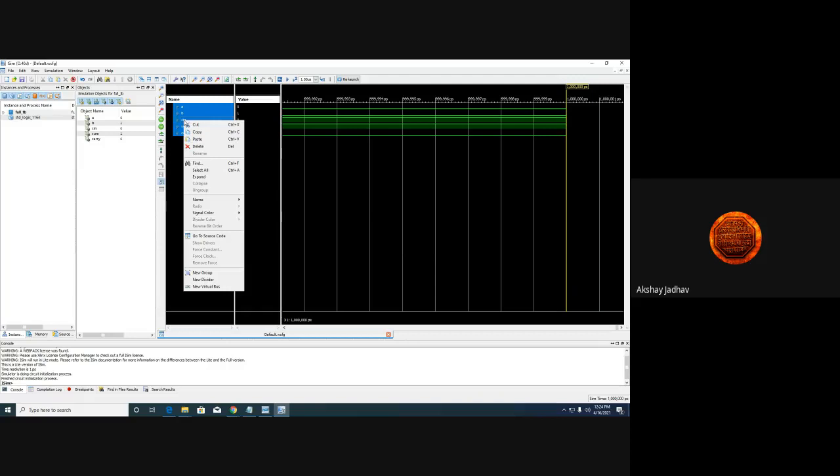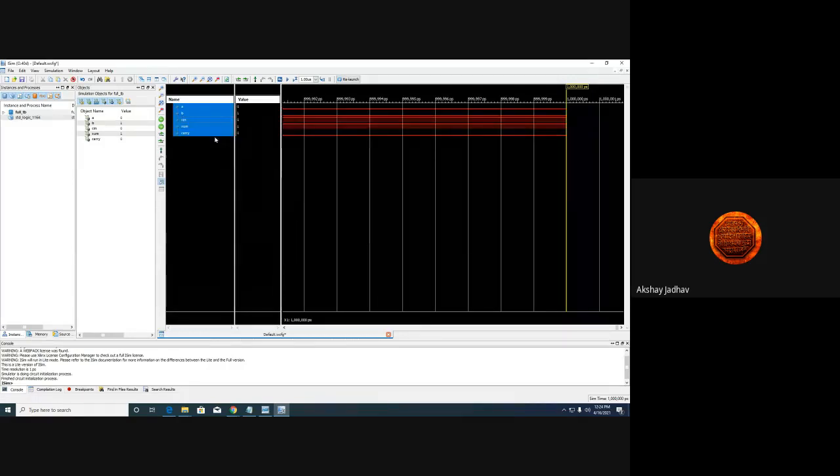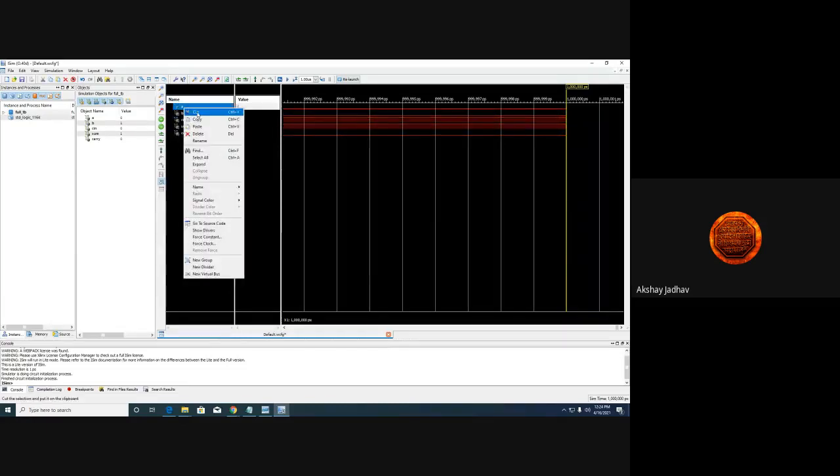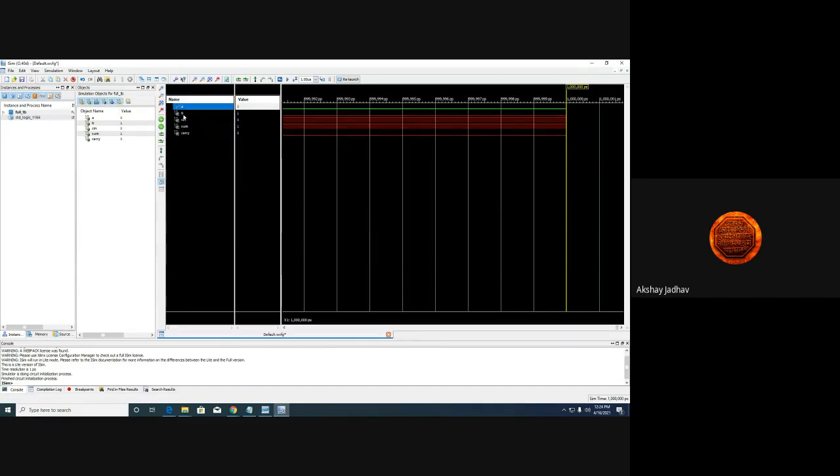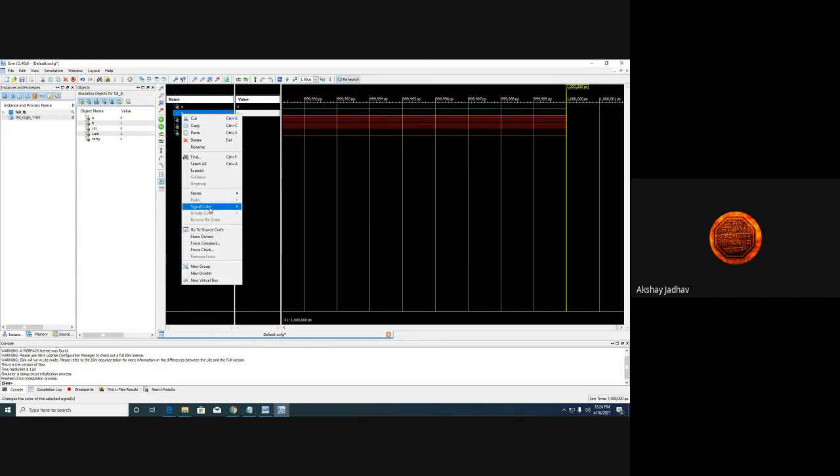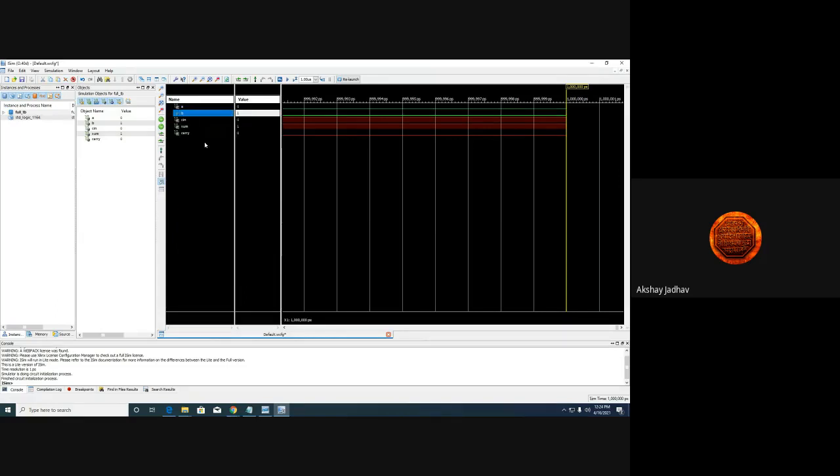So let me change the color first, and then we will proceed. So your C in will be, oh my god, it is applicable to all. No, I just want to apply it to that one, so let me apply the green to that. A, B will also be the same.